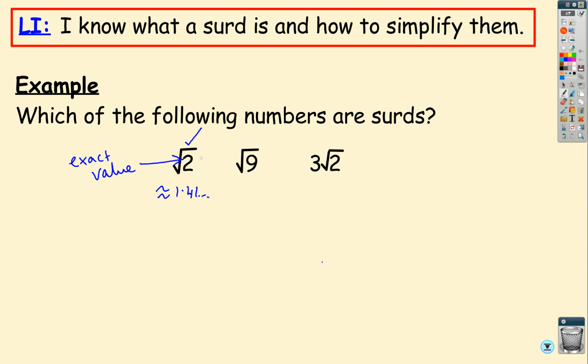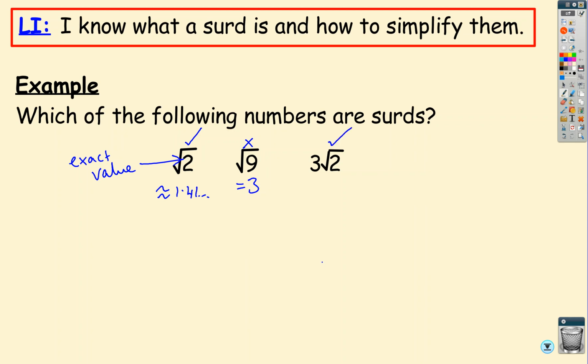Okay. Square root 9 is not a surd. It's a number written with a root sign, but the actual value of square root 9 is 3. It's a whole number, so it's not irrational. We can actually find the square root of 9 to an exact value, so therefore it is not classed as a surd. 3 root 2, however,